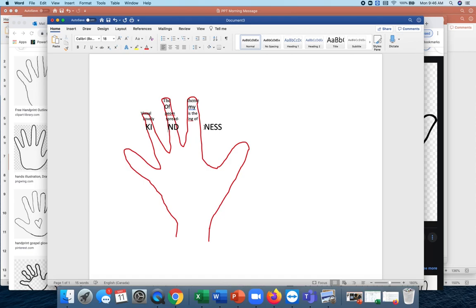Kind. Takes a little bit of practice and a little bit of tinkering to get it right. Kindness. And then you just keep going like this. You could say, oh, I have to change my font again. Okay, so then maybe something like this. Inspiration. Or the song, maybe. You have to be kind of careful with the words.